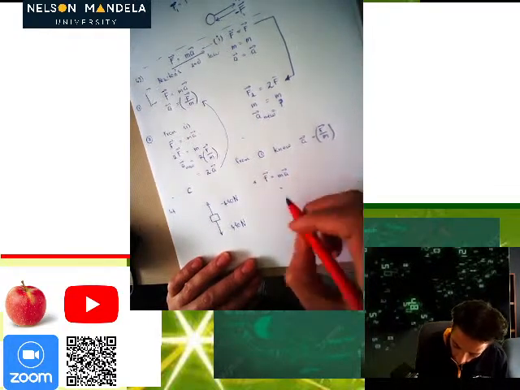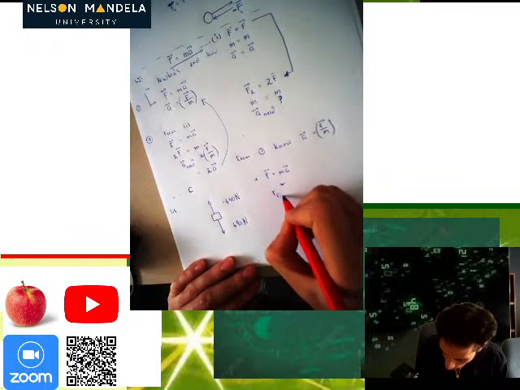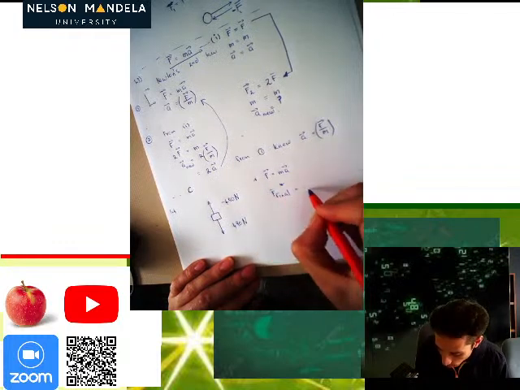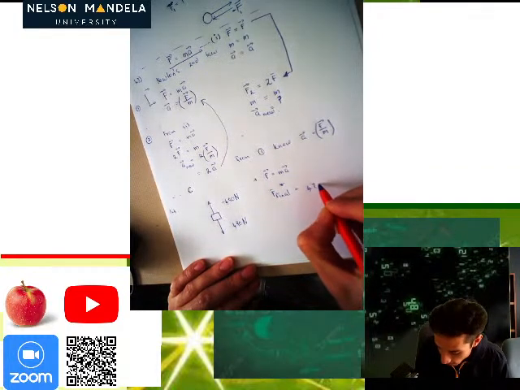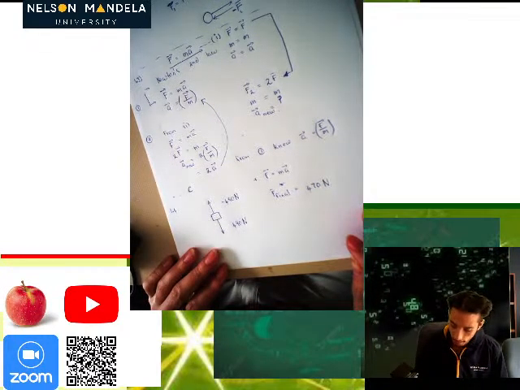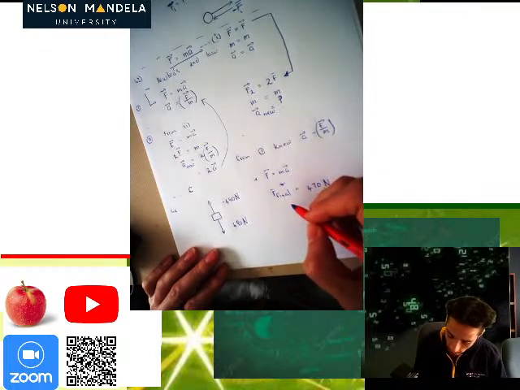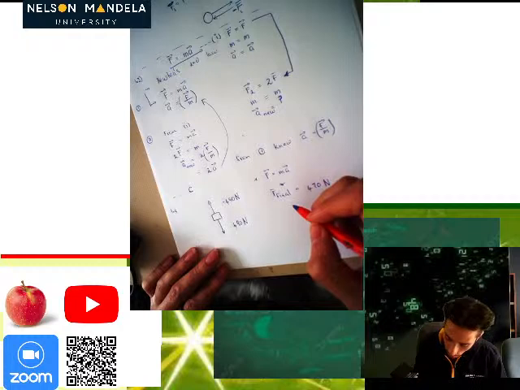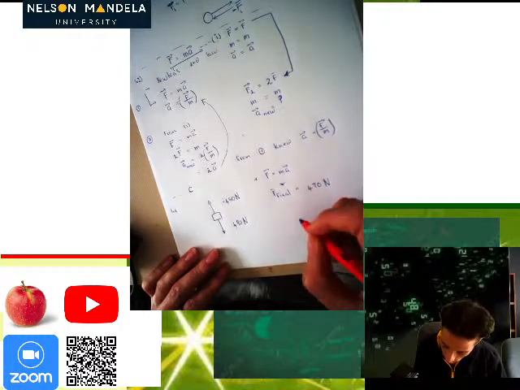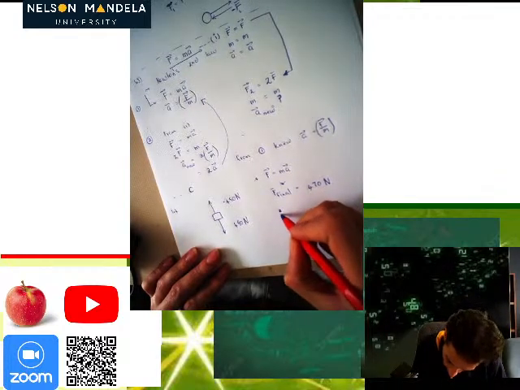Since the force is decreased, the final force is equivalent to 470 newtons, and that tells us that it appears as though the force has decreased, and so the only way that the force could have decreased is if the acceleration is occurring